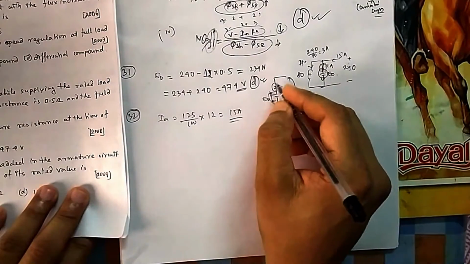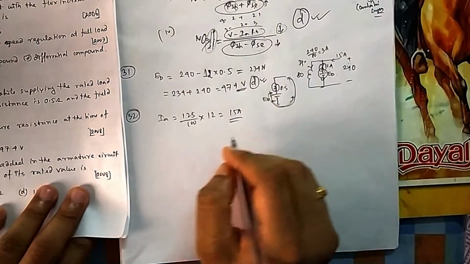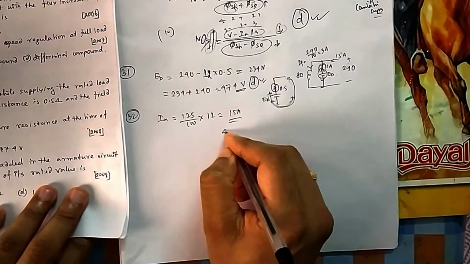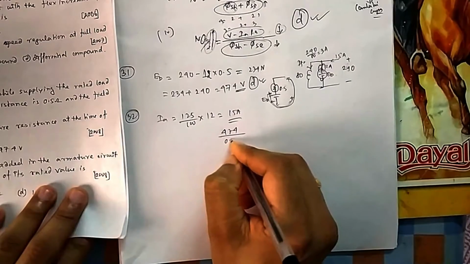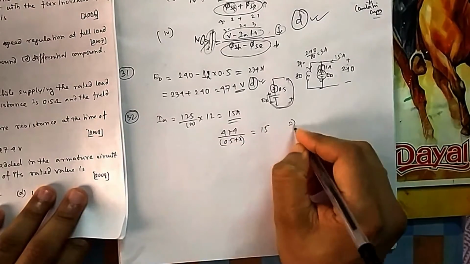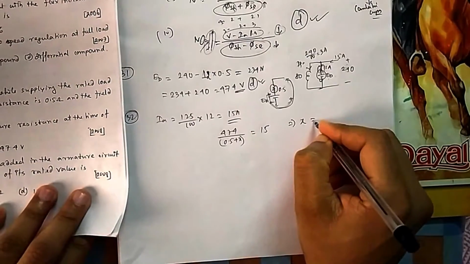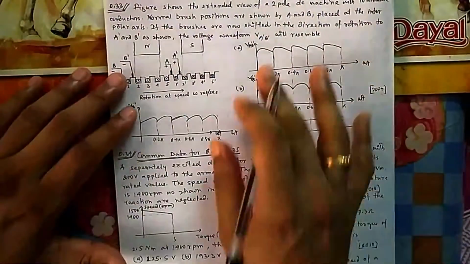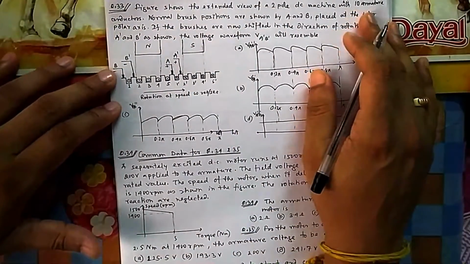So what should be this extra resistance that you need to put in the armature circuit? The current is 474 divided by 0.5 plus extra resistance X. This should be equal to 15. So if you solve it, you will find X equal to 31.1. That is option A. Now if you come to 33, the figure shows the extended view of a 2-pole DC